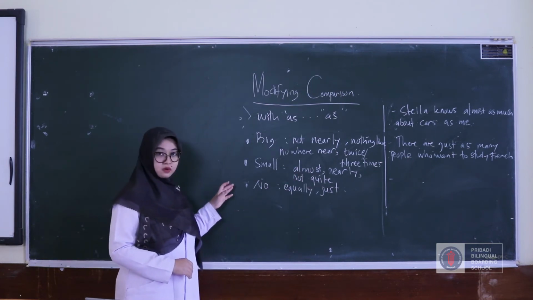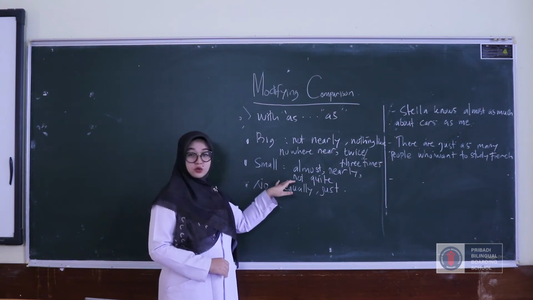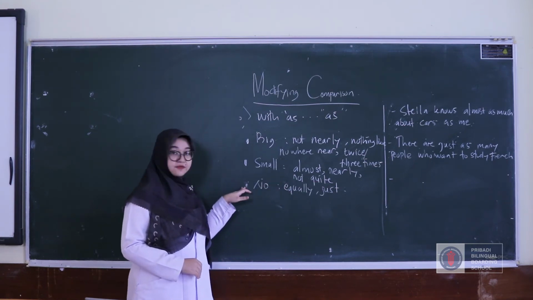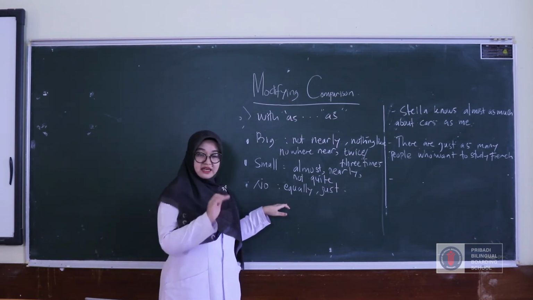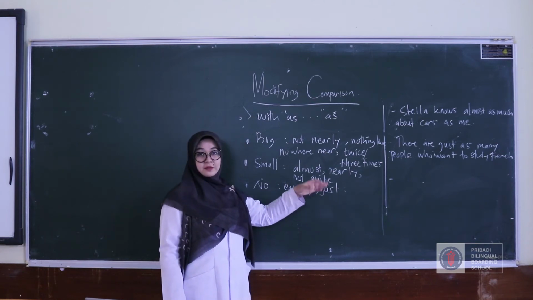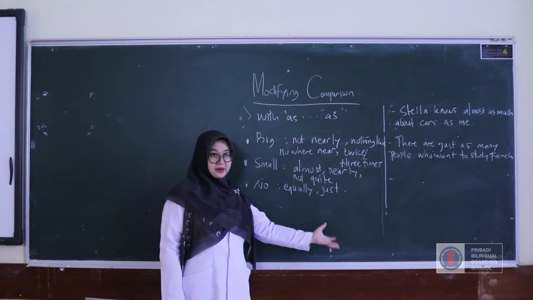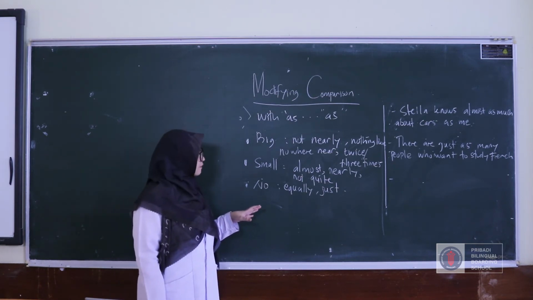And then for a small difference, we can use the words almost, nearly, not quite. And then for no difference, since this is no difference, you can't use a word such as equally, because "as blah blah blah as" means the same as equally. And then also just plus "as blah blah blah as". Okay. Now I will give you the example of the words not